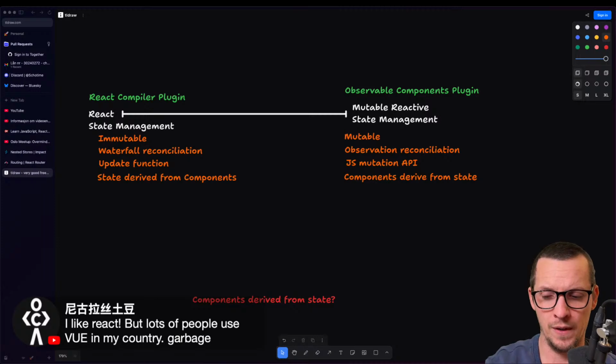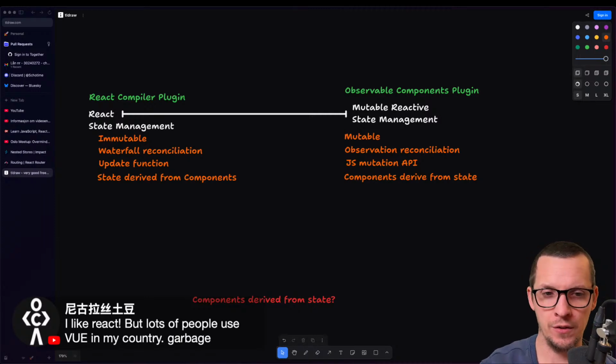make Vue act like, how should I put this? So Vue has JSX, right? You can write function components, you can return JSX and all of that. But Vue has some very, very peculiar behavior.